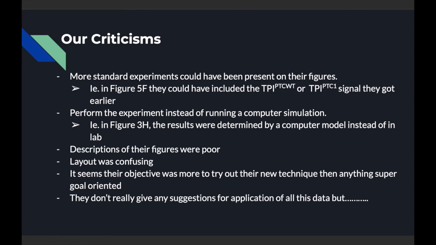Some of their figures are very hard to understand, and overall, the paper is laid out in a disorienting way, full of tangents to the researchers' other experiments and supplemental data before coming back around to discuss their main points. They also don't appear to have an objective and seem more interested in trying out their new technique. They don't really give any suggestions for applications of all this data, but